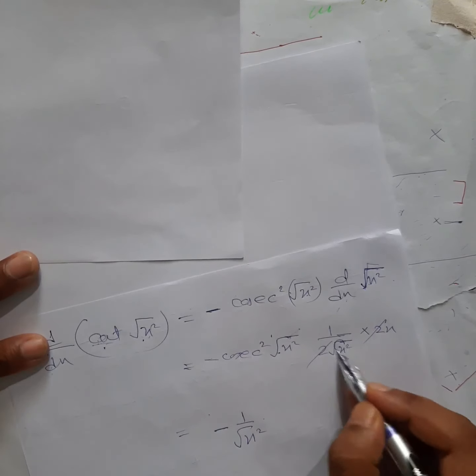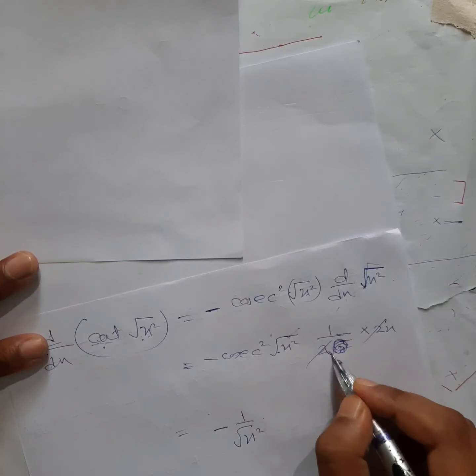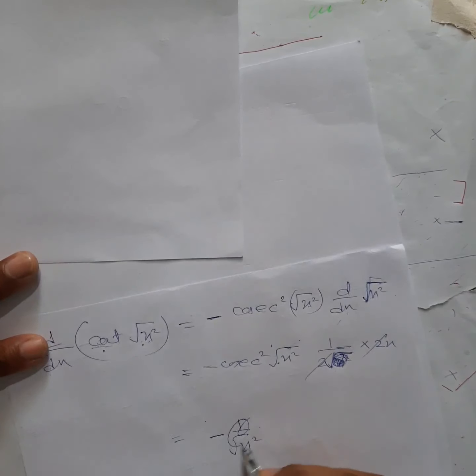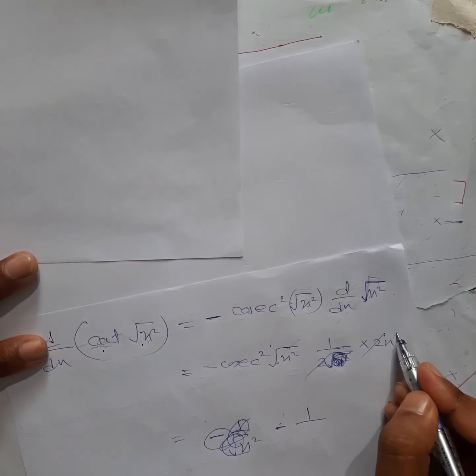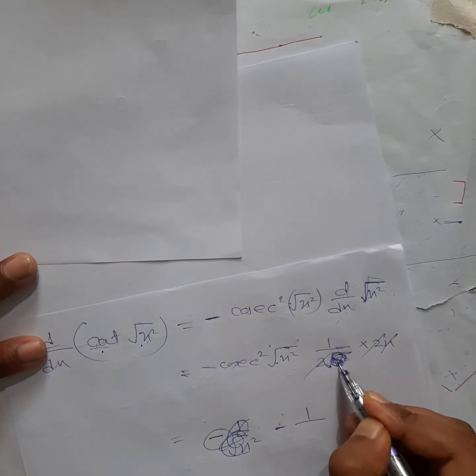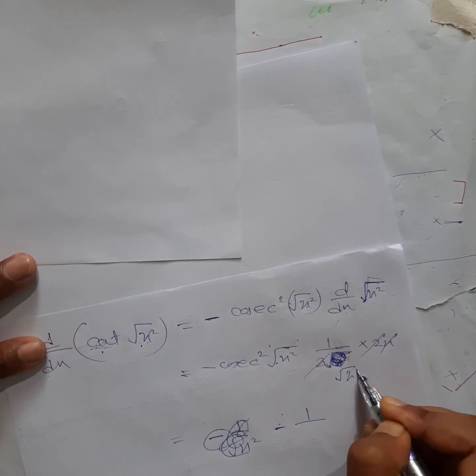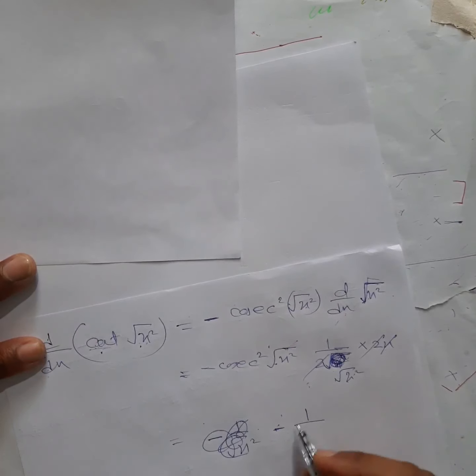Okay, this one better, I will take it outside here only. Let me write x square only here. Let me take it outside here. Minus, this will give you what? This and this can I cancel? This is x, this is also x, right? X square means what? Let me write here. X square means what? X will come out, so x will also get cancelled.